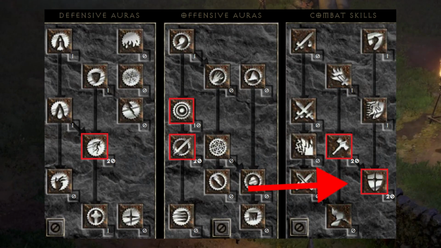First, Holy Shield. This is to increase our block chance, because as a Hammerdin, you have to aim for 75% block. In order to increase your damage with your Blessed Hammer, then there's 3 spells we have to spend 20 points into. It's Vigor, Blessed Aim, and Concentration, because these are the synergies, and those will increase the damage of